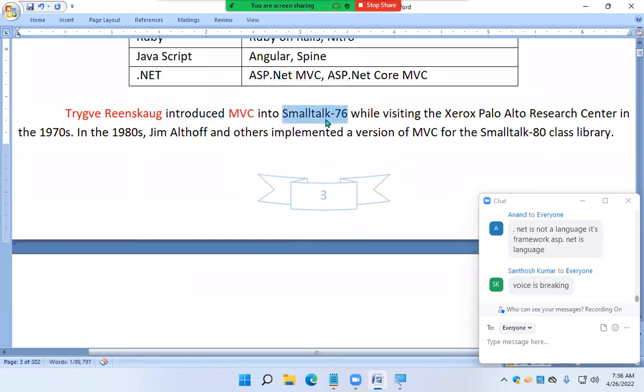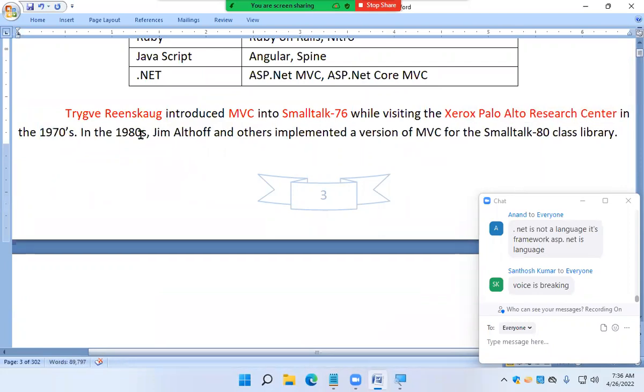Okay, that is the history. Every programming language, as I said to you, has its own MVC framework. Mostly, not every; most programming languages have their own MVC framework in the market. And Microsoft also has its own MVC framework, called ASP.NET MVC.